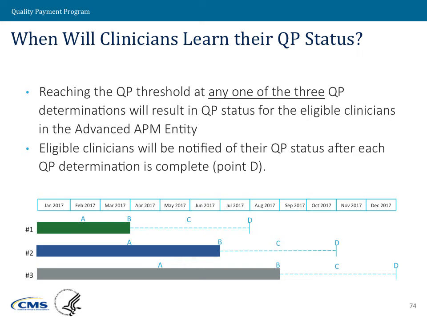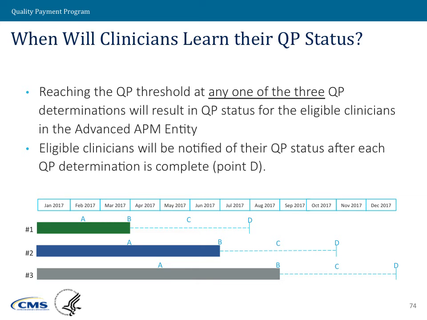At the number 1 point, point B is where that snapshot is. That's March 31st. That's where we look on the list and say, who is considered part of an APM entity at that point in time? That's the group we'll use. And then period A is the set of services that we'll consider in calculating that numerator and denominator for both the patient count and payment amount methods. We'll use claims from January 1 up through that snapshot date.